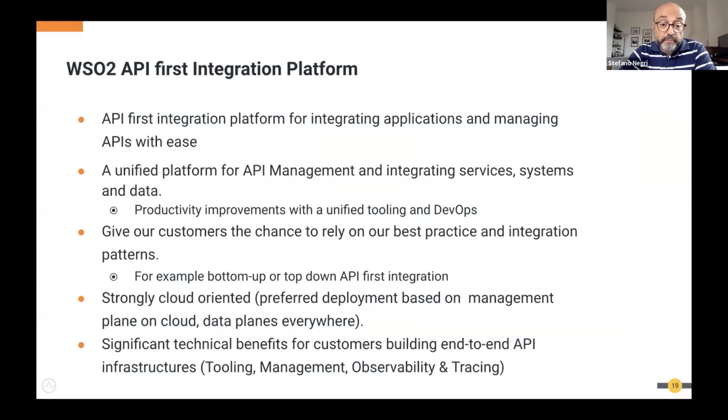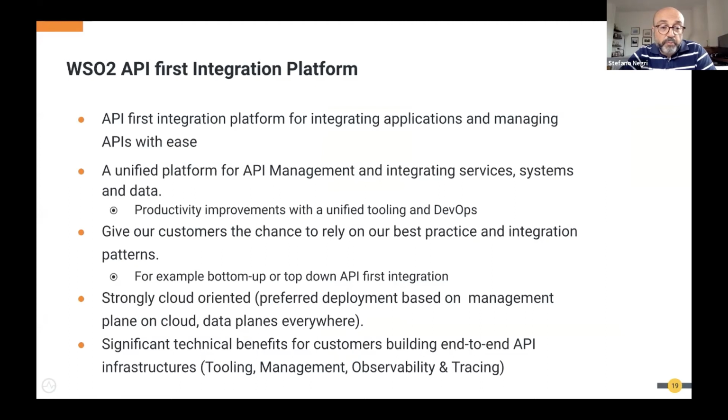The first main milestone that we have in mind is to introduce this WSO2 API-first integration platform, which will be a unified platform that bundles together API management and integration functionalities, using the same tooling and the same DevOps.